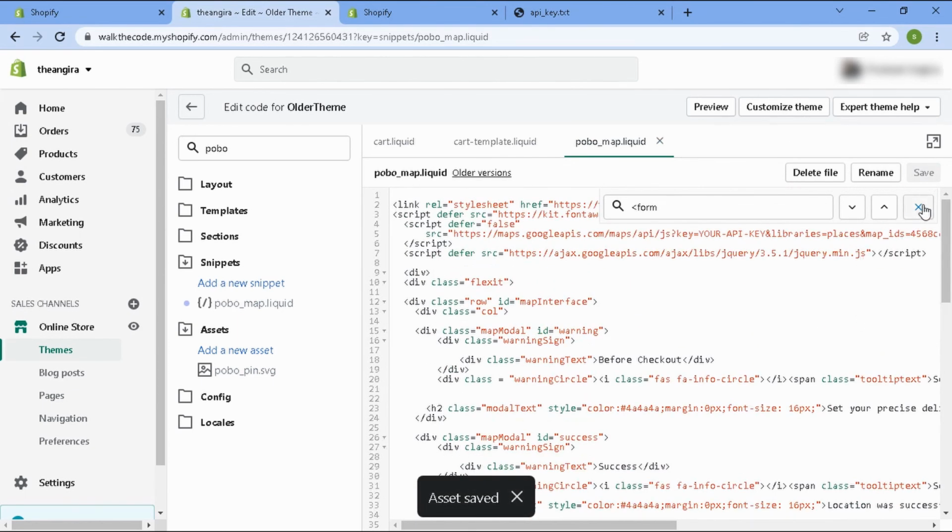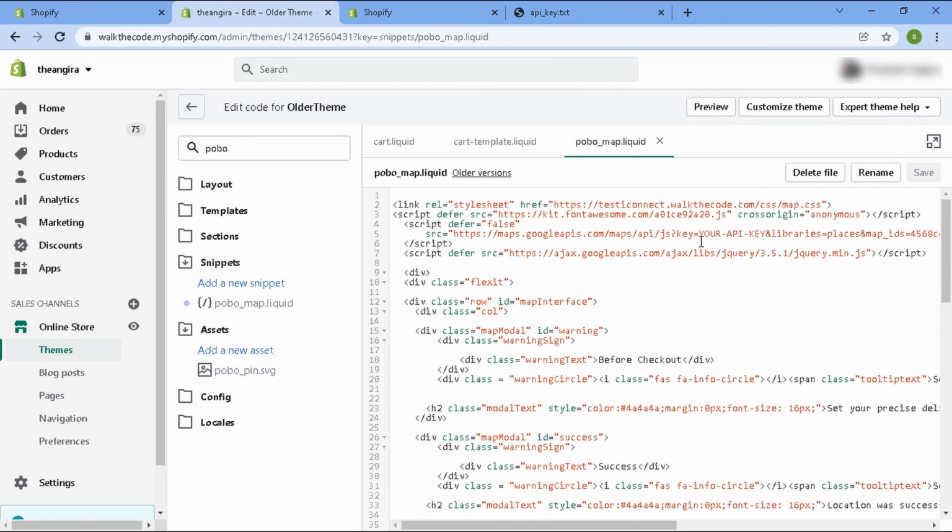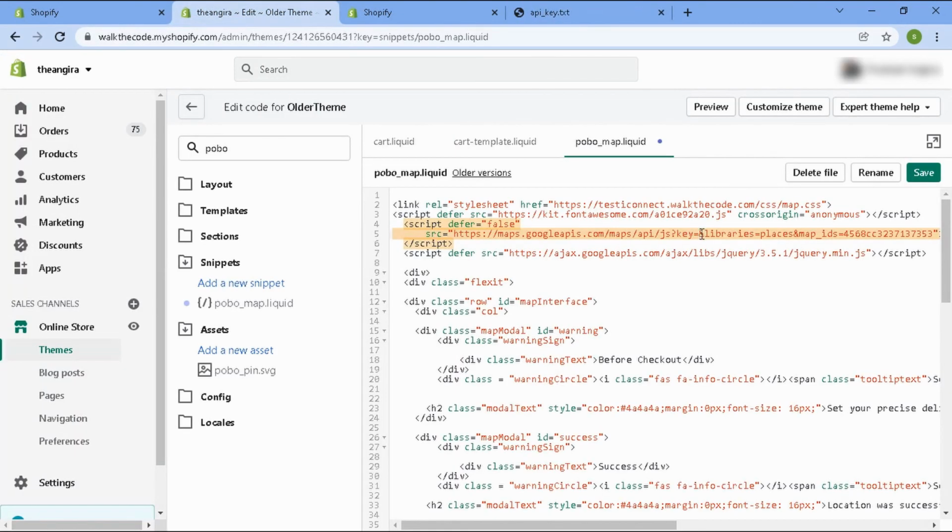And at last, on the fourth line where it says your API key, you would want to get rid of this, and right after equal to you would want to paste your API key. So I'll copy my API key and right after the equal to sign I'll paste my API key. Remember not to use any extra space after equal to, simply paste your API key and then hit save. So now you have successfully set up the map on your older theme.